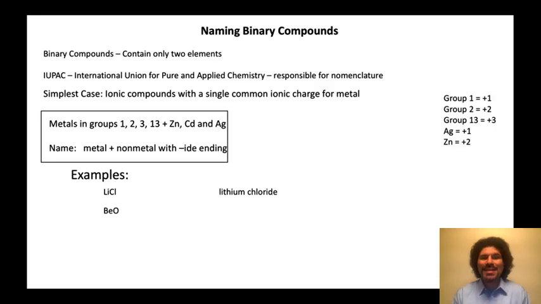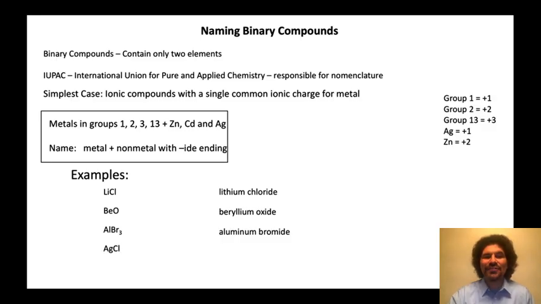Okay, BeO is beryllium oxide. Okay, beryllium is a +2 metal, oxide is a -2 nonmetal. AlBr3 is aluminum bromide. AgCl is silver chloride. And finally, for these examples,